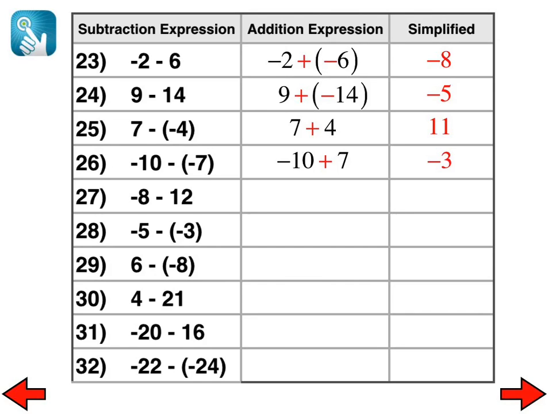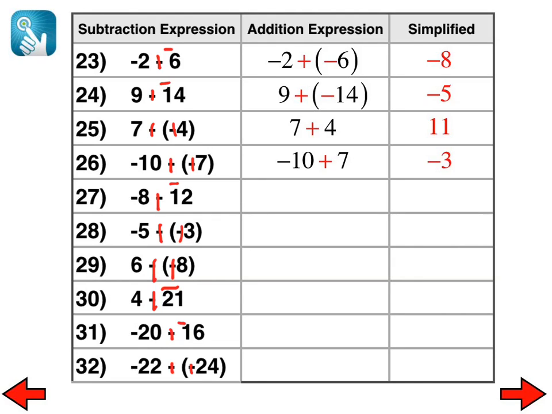And one of the things that you could be doing to help you out here, for those few of you who are struggling with this idea, here's what adding the opposite means. Add the opposite. Add the opposite. That turns into negative 8 plus negative 12. Add the opposite. That becomes negative 5 plus 3. Add the opposite. That becomes 6 plus 8. Add the opposite. Change the subtraction symbol to addition. Change the second number to the opposite of what it is. That's one way of thinking about it. That's what's happening when you're adding the additive inverse or adding the opposite.